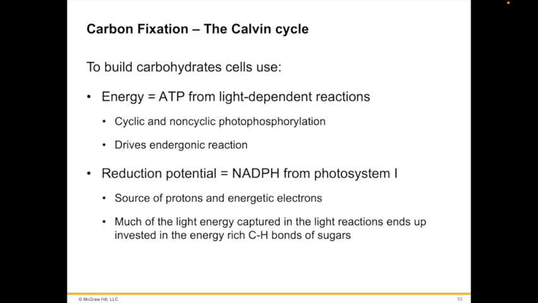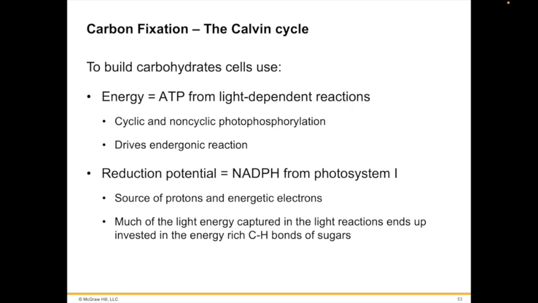Because early research showed temperature dependence, photosynthesis was predicted to involve enzyme-catalyzed reactions. These reactions form a cycle of enzyme-catalyzed steps, much like the citric acid cycle of respiration. Unlike the citric acid cycle, however, carbon fixation is geared toward producing new compounds, so the nature of the cycle is quite different. The cycle of reactions that allow carbon fixation is called the Calvin cycle, after its discoverer, Melvin Calvin.